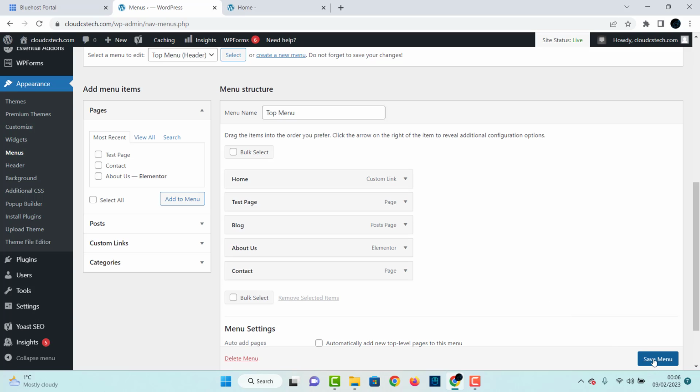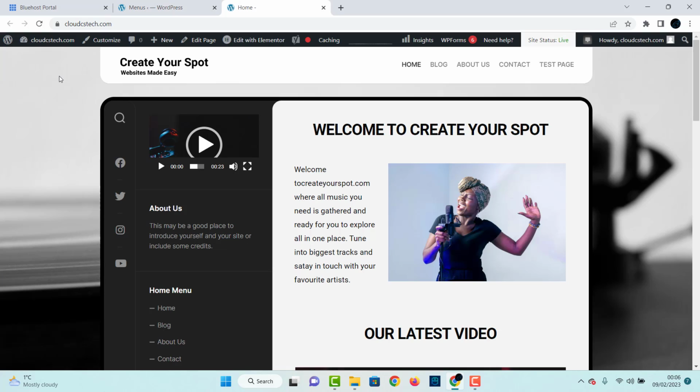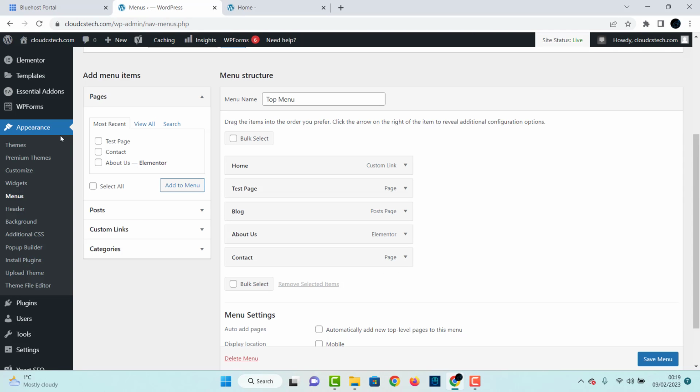Once completed, click on Save Menu. Go back to your website, refresh it again, and your page is now moved in the order you reshuffled it in the WordPress dashboard. If you would like to delete the page, go back to your dashboard, back to Appearance, Menus,